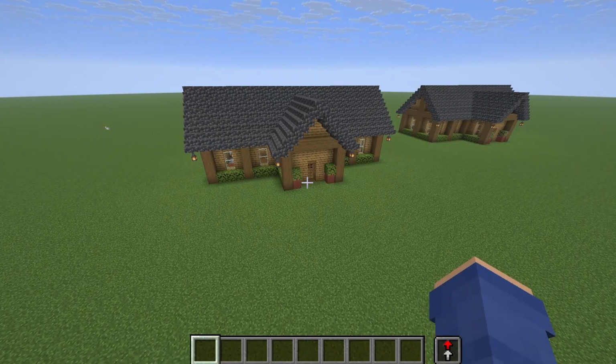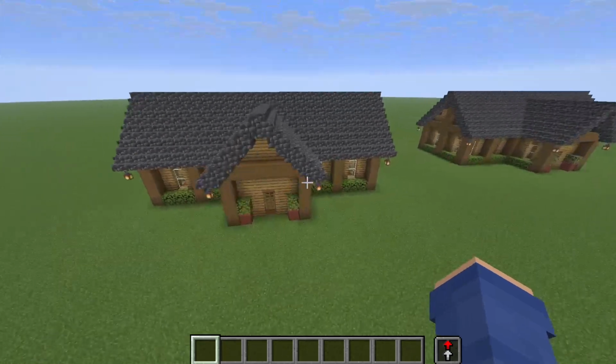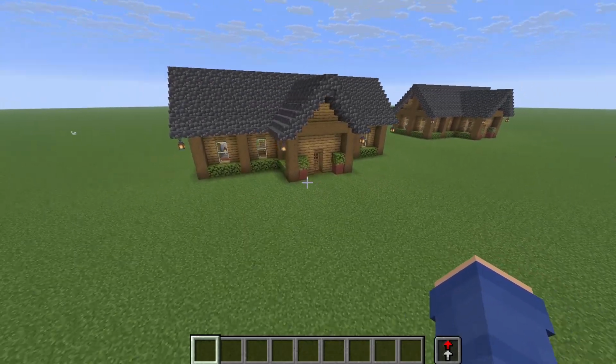It was a little difficult for me at first, and then one of the other things is I did use Axiom to kind of do the terrain and stuff, as you saw in the world, which I might go back in a later video and fix up the terrain of everything. But yeah, this is how I did this